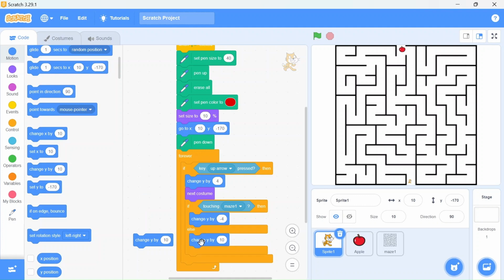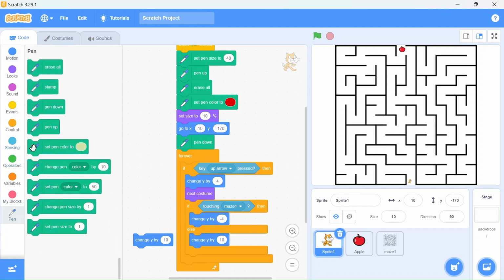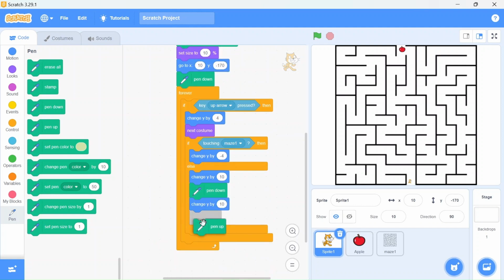So we will just use this one, then go here and use the option of pen down, then change this block, and then our pen will be up. So let me just explain you this code once so that you will understand it very well. So here what we have done is, so this will be our -4 and this will be our 4. Okay, so see, basically what we have done is, once up arrow key is pressed, our sprite will move upside. If it is touching the edge, then it will move downward, or else we will just draw the lines. So this is the one we have done.